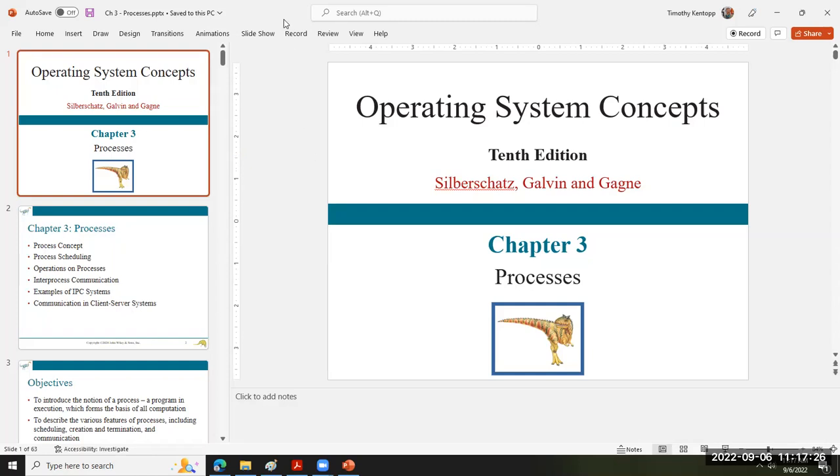So can anyone give me one of the 3 pieces? The 3 primary functions of an operating system. I am not picking up on any responses. No one has unmuted their microphone. So I need each of you to unmute. To store memory. Sorry, I didn't mean to interrupt. No, that's okay. Persistence